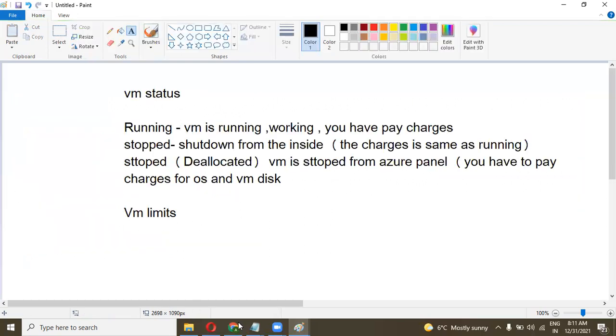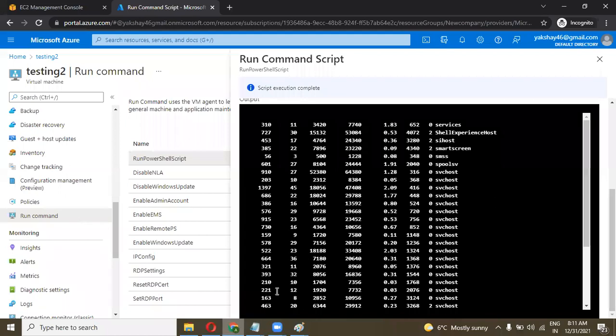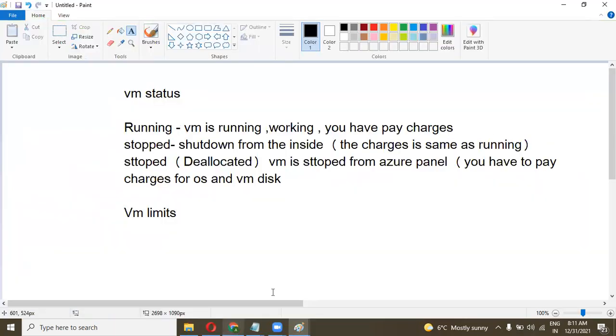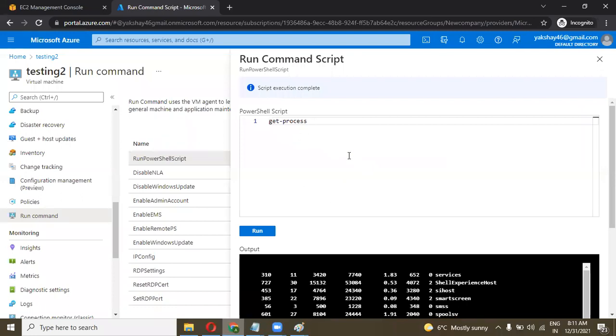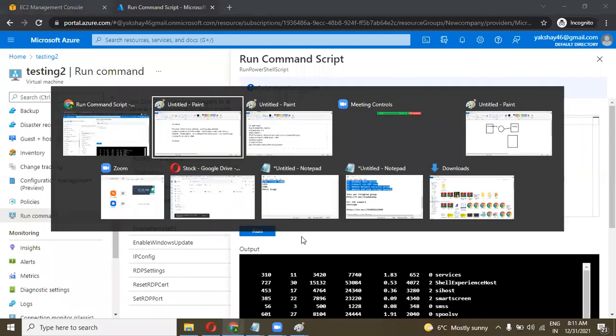Once you execute the script, there is no option to cancel or stop it. Once you click on run, it will definitely run on your machine. There is no way to cancel or stop the script.